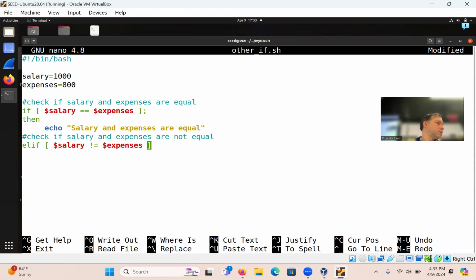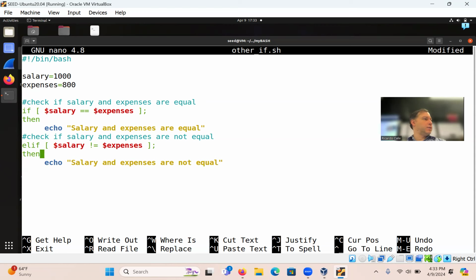Okay. So there we have it. Semicolon. So then you can do then 3, 4, 5, 6. Echo salary and expenses are not equal.